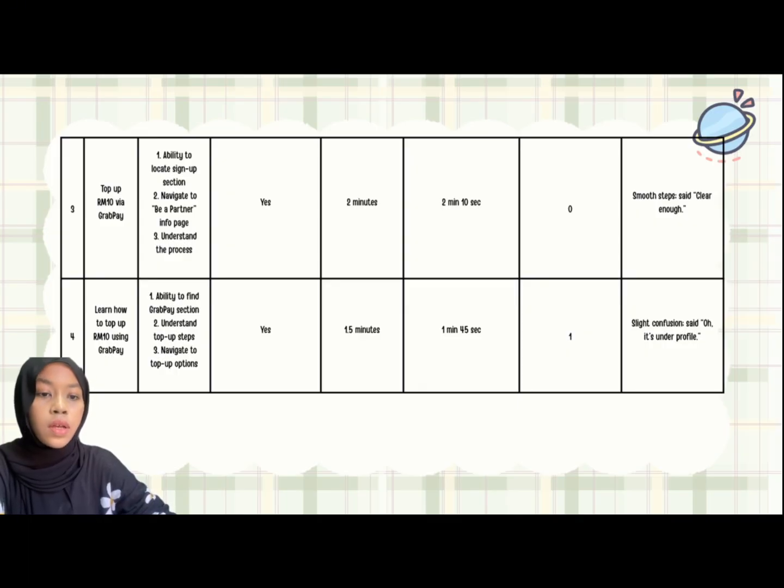Lastly, task 4 asked the participant to find how to top up RM10 again, but focusing on understanding the instruction. It took 1 minute and 45 seconds, within the 1.5-minute goal. The participant made one small error, clicking the wrong area at first, but quickly recovered and said, "Oh, it's under profile," showing slight confusion but good recovery. So, in summary, all tasks were completed efficiently with only one minor mistake, and overall, user behavior showed confidence and